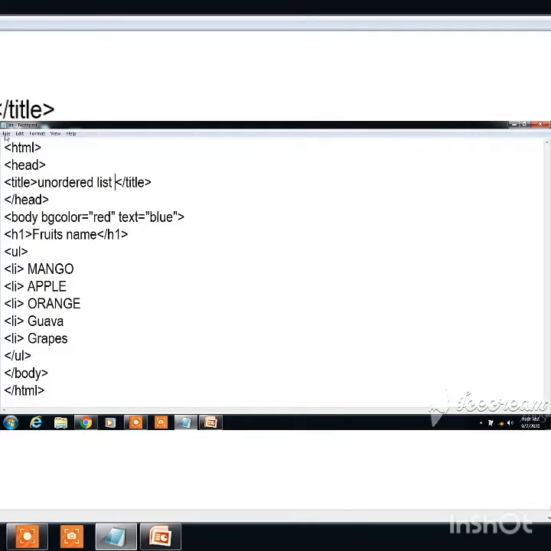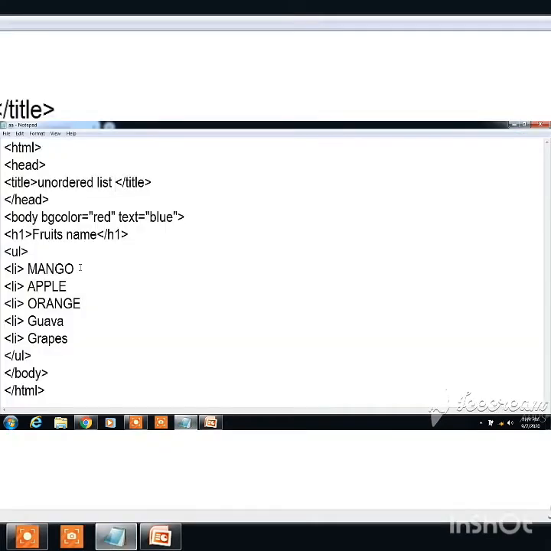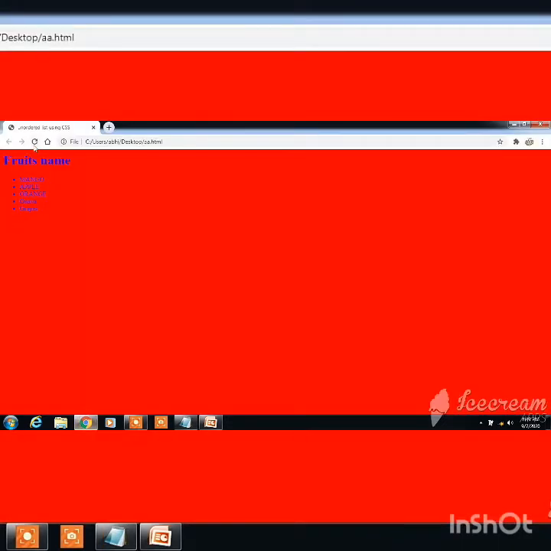You save it. You know how to save with any name and .html. Look at this page first. Fruit name. My dear students, please see here. I have given the heading Fruit Name that I have enclosed with the h1 tag. In my previous session, I had not used the heading tag. You can give a heading by using the h1 tag, and it has been closed. So let's see the output. Fine, this is an unordered list. Fruit names are there in normal text.